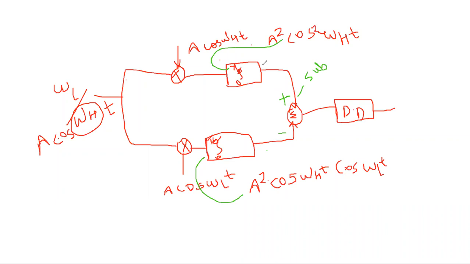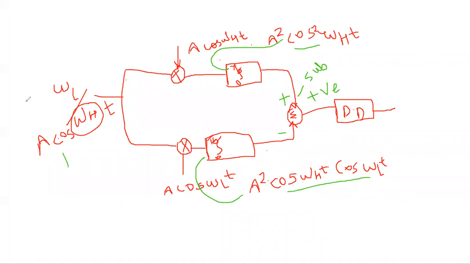So quite obviously, if you carry out the integration, this square value will always be greater than this multiplication value. So as the output of the integrator in the upper arm is greater than the lower arm, the output of the subtractor will be positive, because your positive term is greater than the second, that is the negative term given to the subtractor. So when the input is the BFSK signal for logic level 1, the output of the subtractor is positive.